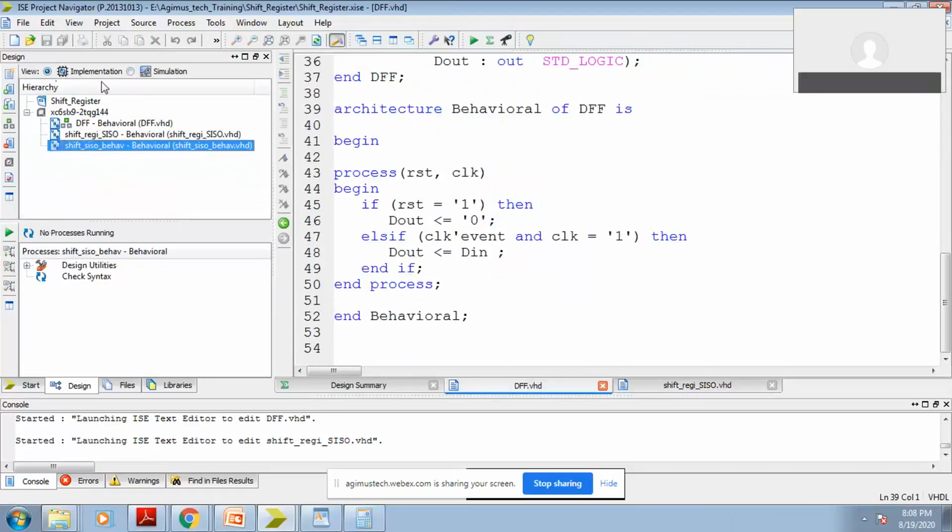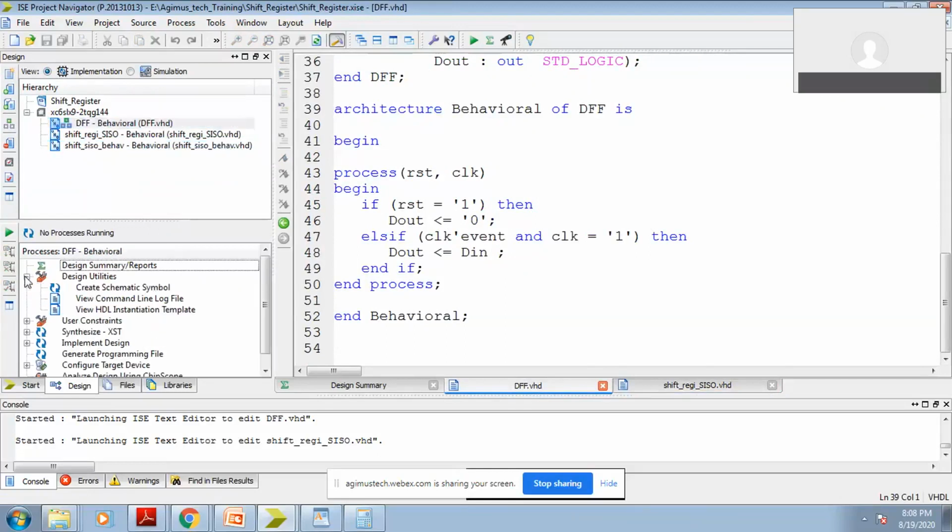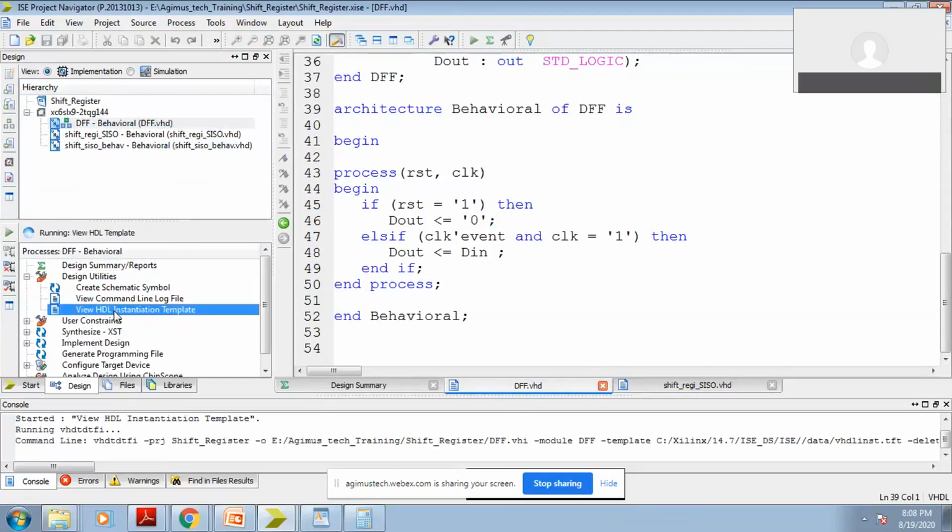So view should be implementation. Then there is a design utilities, and there is an option called view HDL instantiation template. Okay, so once you click on this,